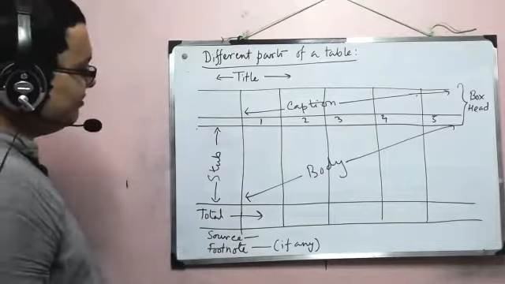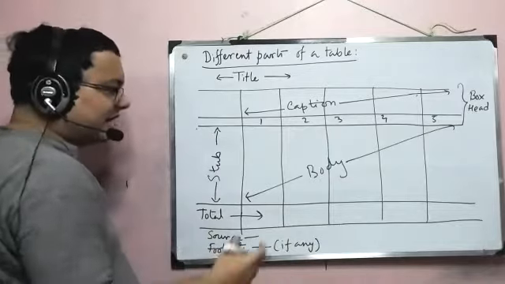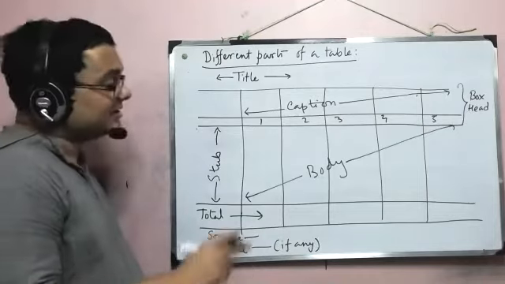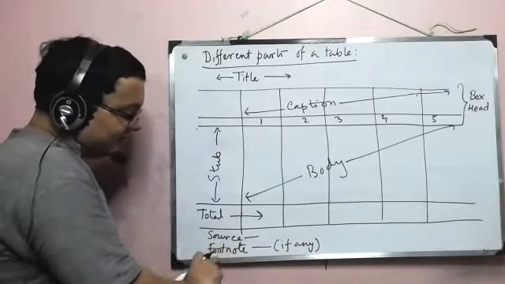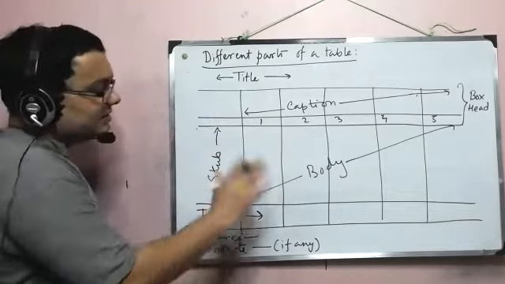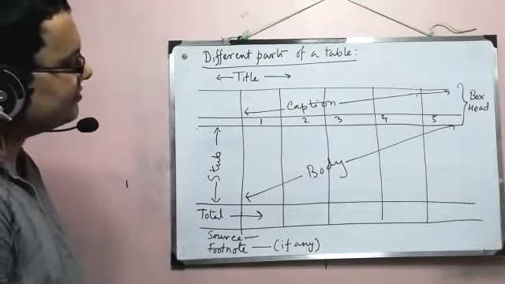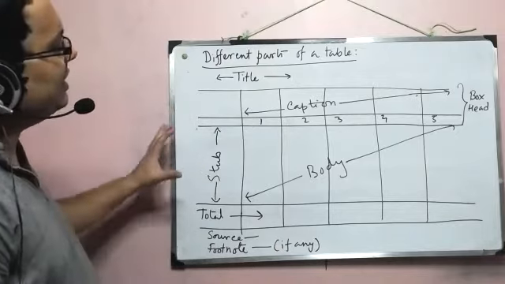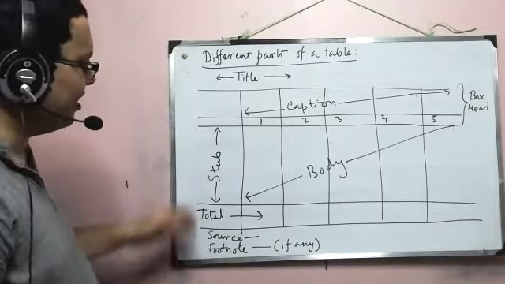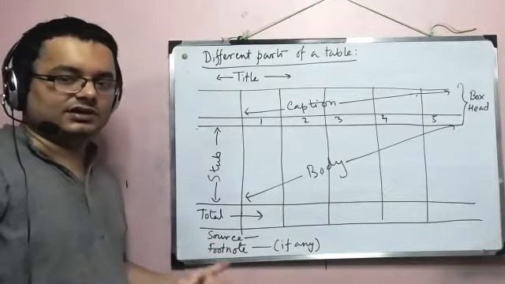So the better idea is always that you write source and footnote, but if you don't have anything to write here, just keep it blank. That way I'll get the message that, fine, there is nothing to write. But just because there is nothing to write, do not altogether miss these two words. Okay, so these are the different parts of a table. And always remember that if you keep these parts intact in a table, then even if you make a bad table, you will get a decent amount of marks, because at least the framework in which we work is there.